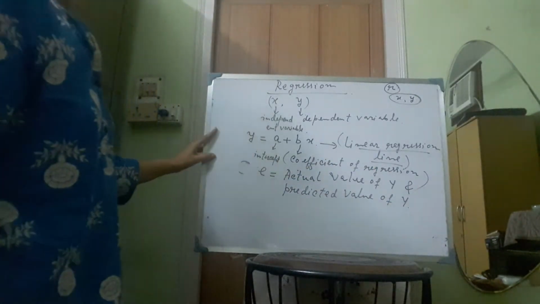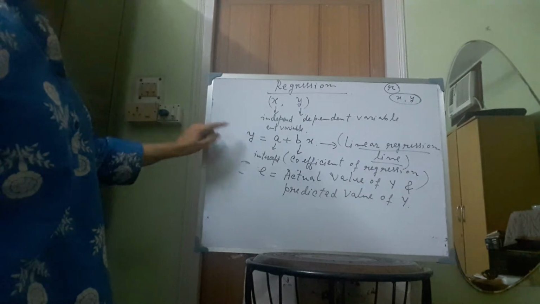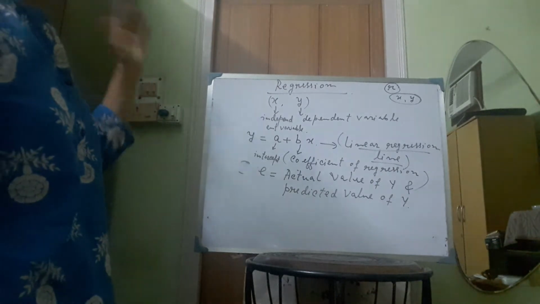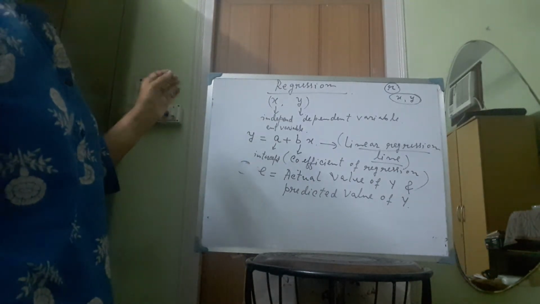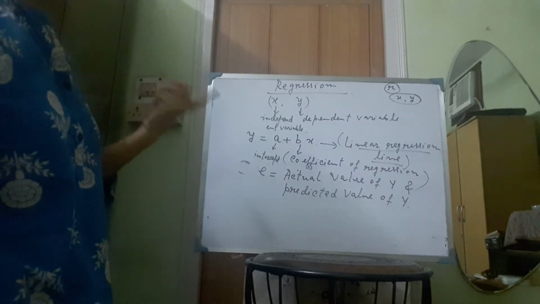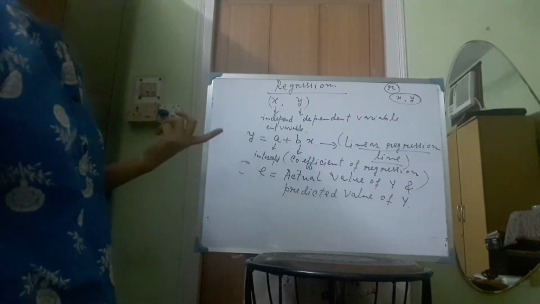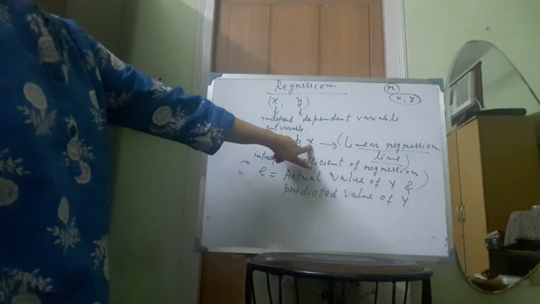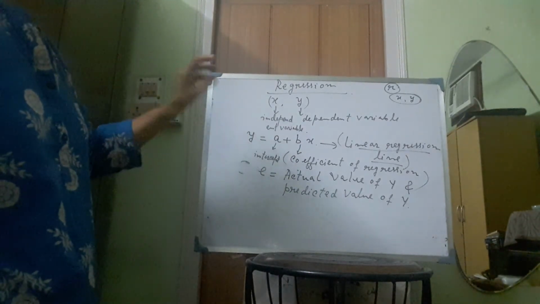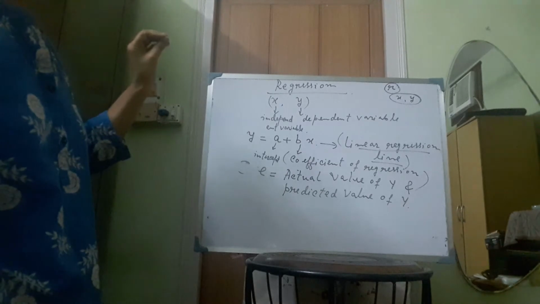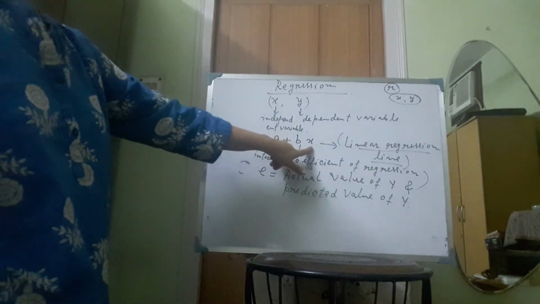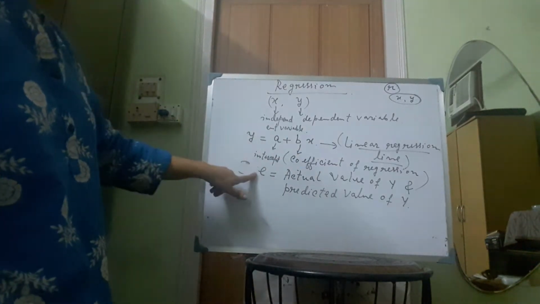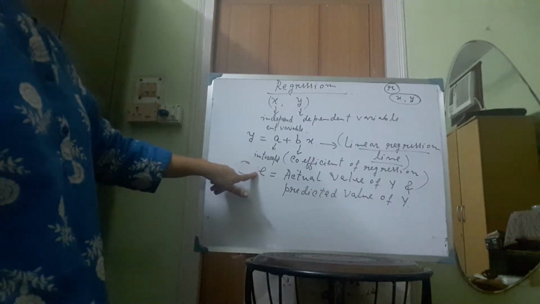Basically what we are doing in regression analysis is trying to predict the variable y by the variable x. Now suppose in the population we have the entire data on y and x, but we don't have those numbers with us. We don't have the entire population, and that is why we have to work with the sample data. With the sample data points we have a few data points on x and a few on y, and on the basis of those we have to predict the variable y on the basis of the variable x in the sample. In doing so we are committing some error, and that error is denoted by this e.